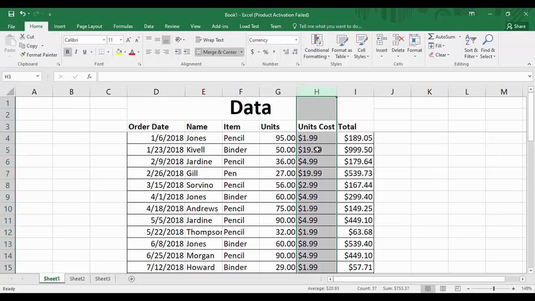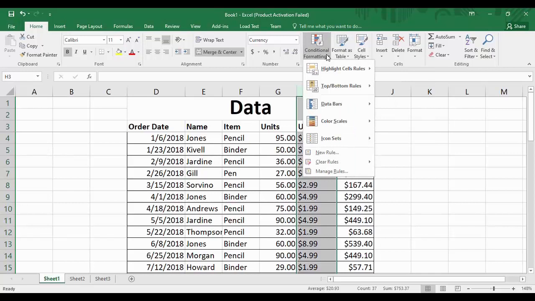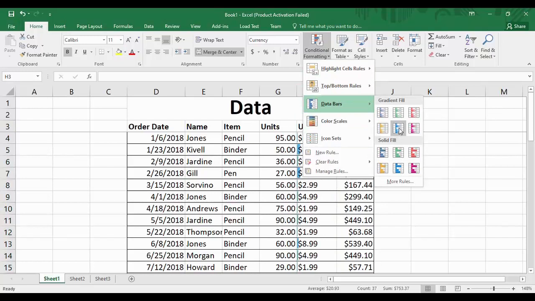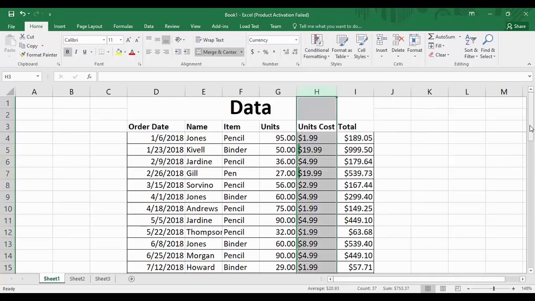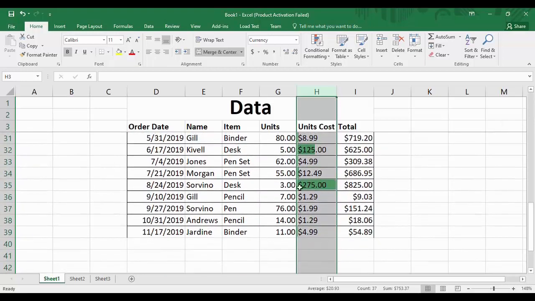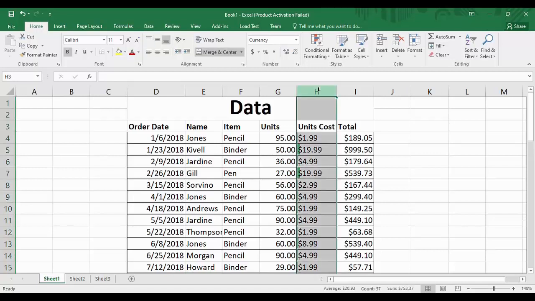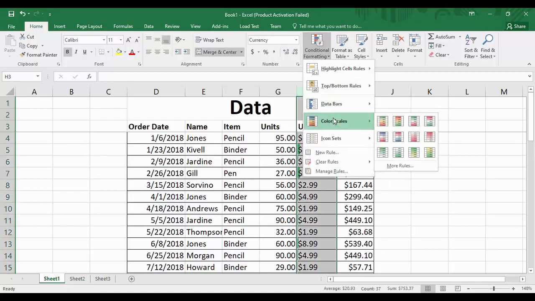So for that, you can just select this whole column. In the home ribbon, you will find an option of conditional formatting. When you click on it, you will find all these different types of options. Now you can apply these data bars to it with a solid fill or a gradient fill, and when you apply these data bars, you can see that some of the data is being filled by a particular color. If we apply this green colored data bar and move through this column, you can see that the maximum value, which is $275, is completely filled with green color, while all the other values are filled slightly. But this is not very clear. So what we are going to do is apply another type of formatting, which is color scales.